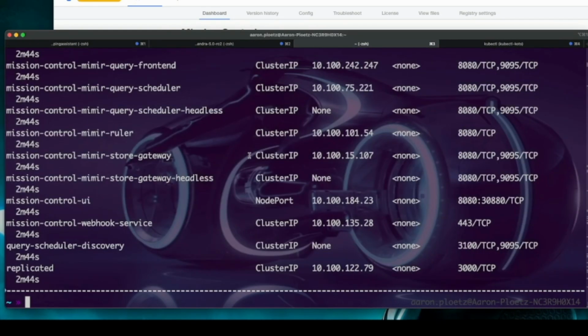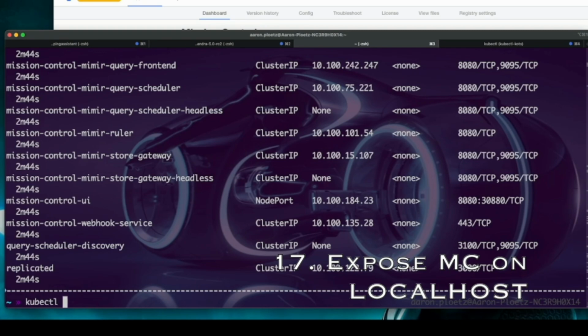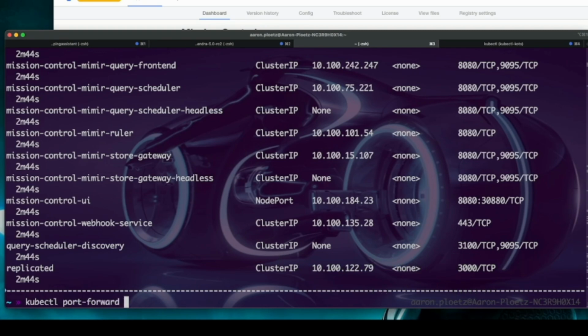So one way that we can access this is to do a port forward on that service. So let's just go ahead and say kubectl port-forward, and we want to say service, and we're going to grab this Mission Control UI, and then we'll also provide our